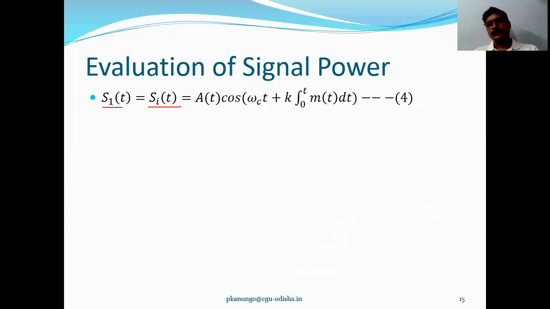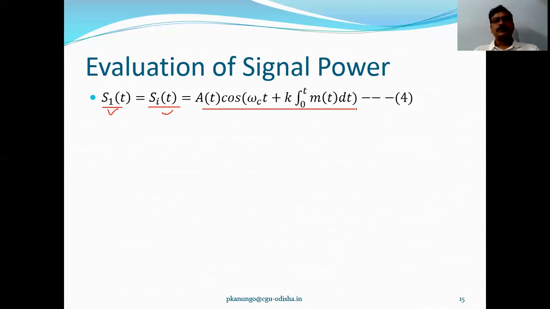Here in this case we are assuming this for the signal case, because we have already assumed that the bandwidth of the IF filter is equal to the bandwidth of my input FM signal. Therefore S1(t) is equal to Si(t), and that is the signal,